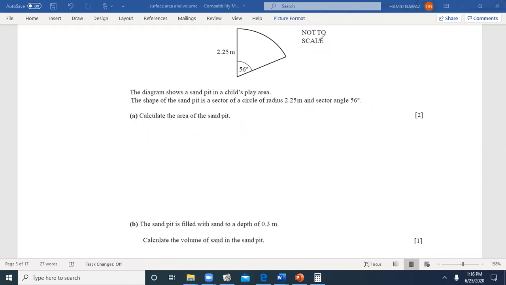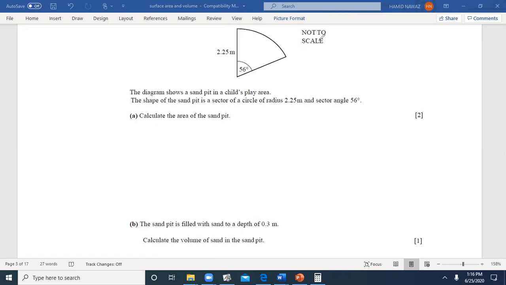Okay, Sahar, you raise your hand. Okay, I can't listen to you. See, area of sector is theta by 360 times pi r square. Mariam, it was pi r square. So the angle is given and the radius is given. You simply put in the values and you'll get the area of sector.